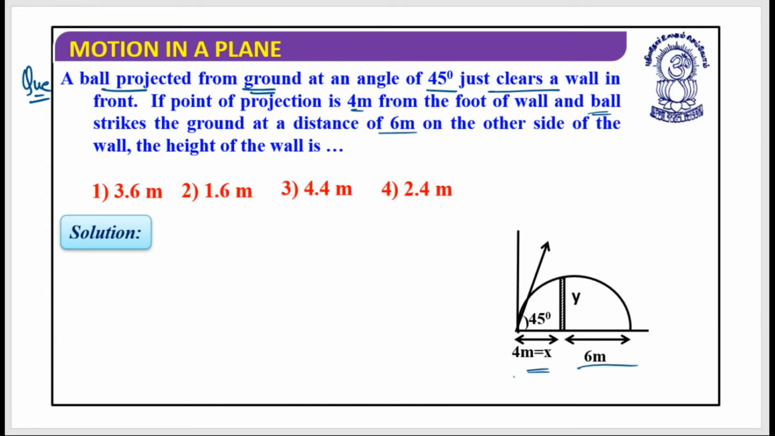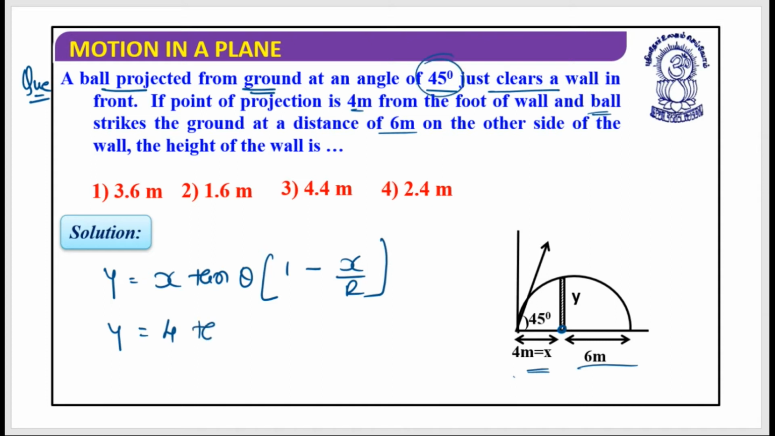The height of the wall is, if you remember, we have derived this relation y is equal to x tan theta into bracket 1 minus x by R. So here y is the height of the wall, x is this location, it is 4 given, tan theta, theta is 45, so this is 4 into tan of 45 degree into bracket 1 minus x,